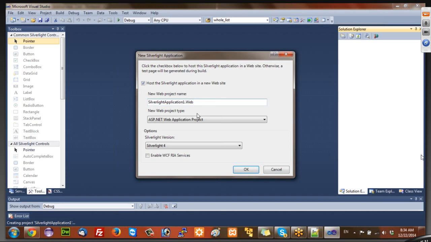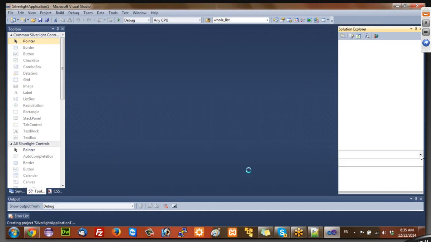And what type of project that web project should be, even that can be selected here. You can choose a web application project, or just a website. Then you also have the option to select which version of Silverlight you want to use. You may want to use 2, 3, 4, and so on. I'll be using this one, and when I say OK,